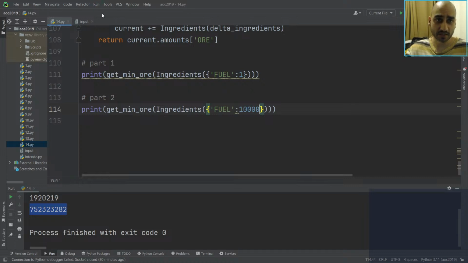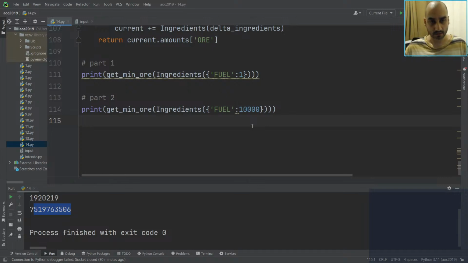I'm doing binary search by hand. 1,000 millions, billions. So we want to find the number. Minimum amount of ore required to produce exactly 1 fuel. We shouldn't do binary search. We should